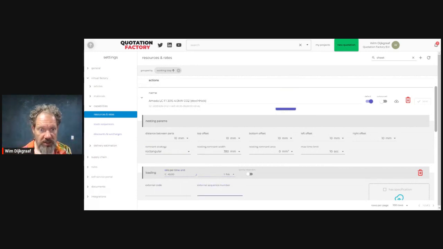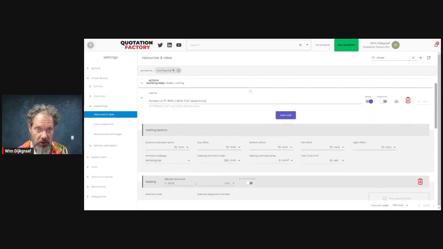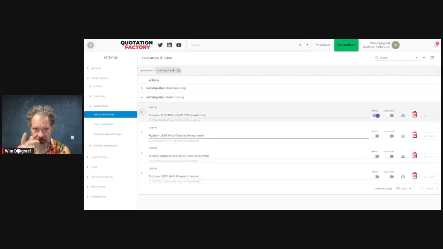So if you start this with 1 and all the other working steps with a sequence with a natural number higher than that, then sheet cutting will always be at the front of the sequence. So this was the way to influence the order in which the working steps were put in a route when synchronizing to ERP. So now we also have sequences in Quotation Factories itself.